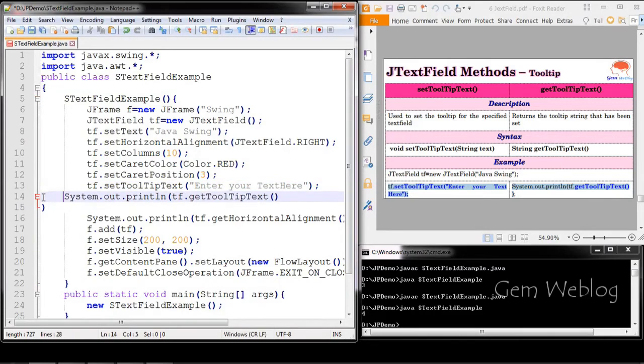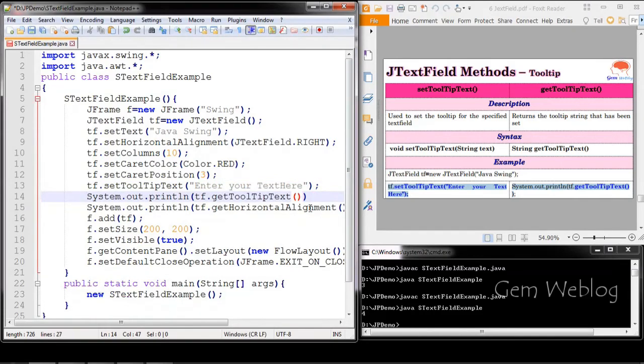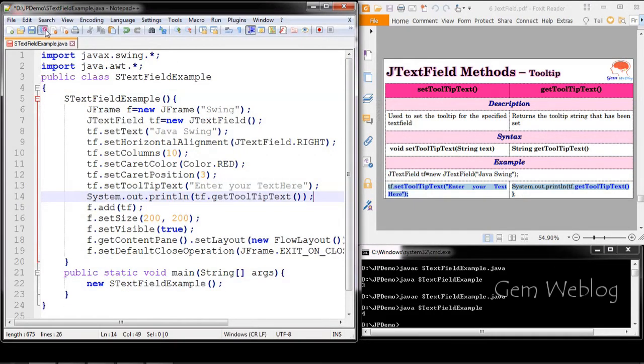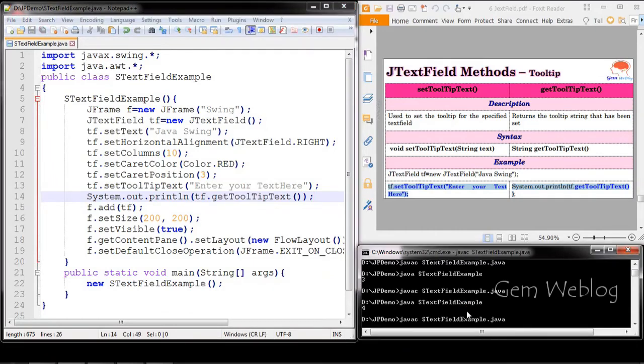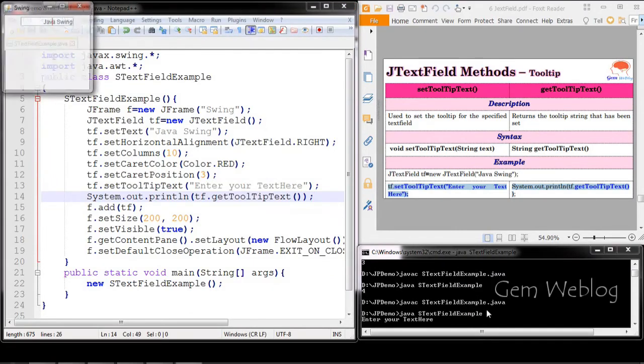Here whatever has been set, we are displaying it here. Now when you move the mouse over the text field, you can see the tooltip. So whatever tooltip has been set will be displayed in the console.